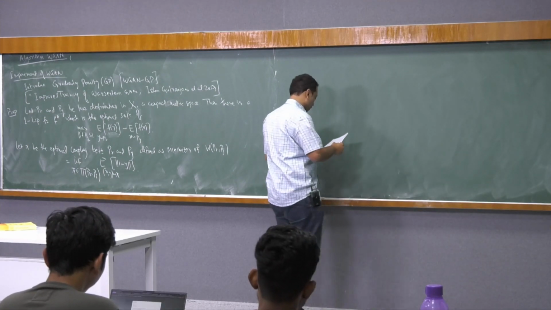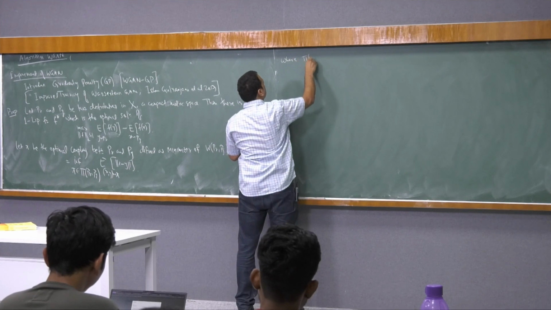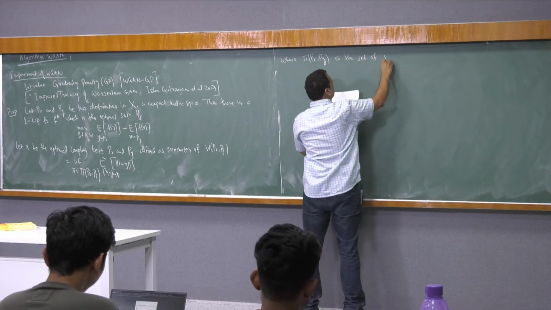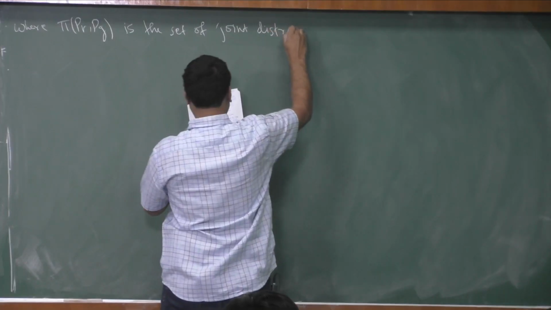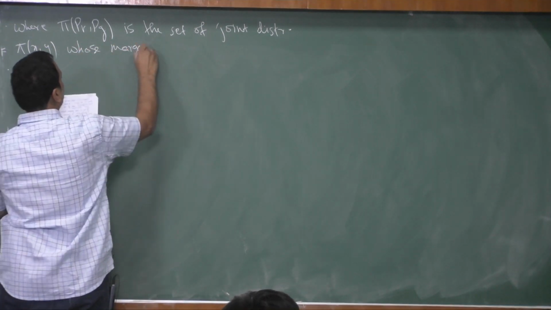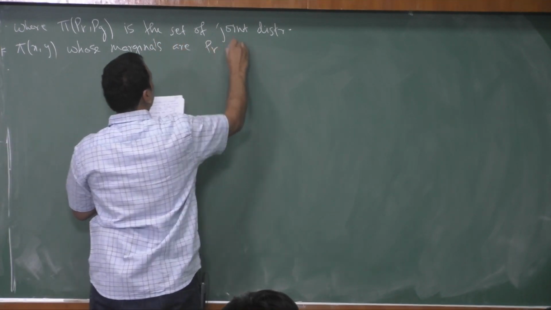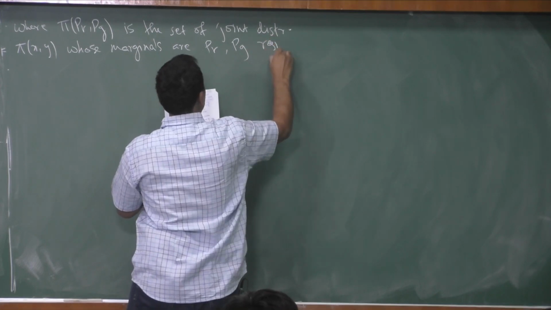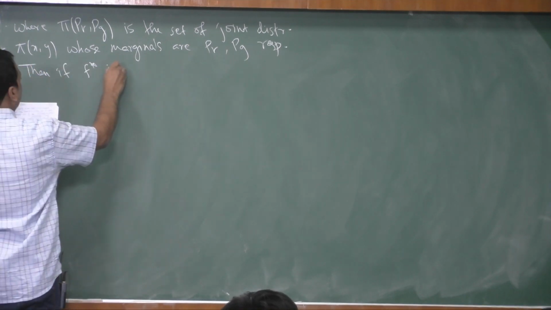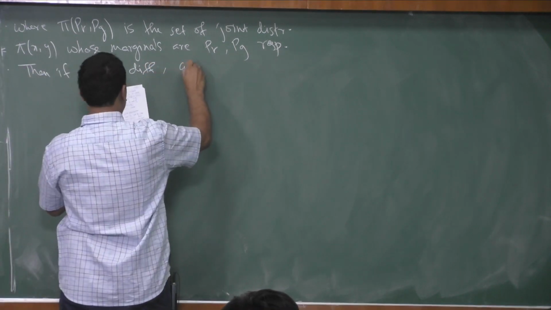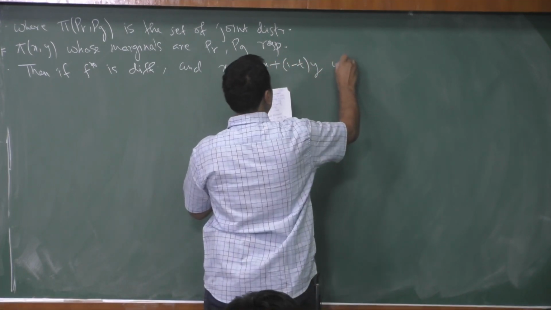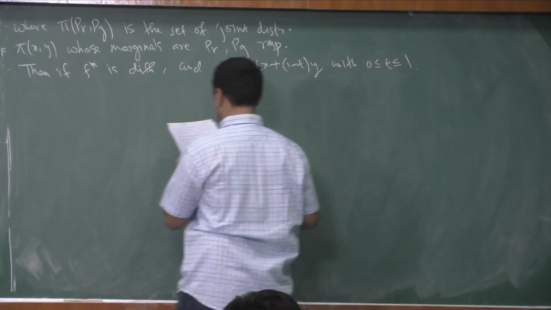So where Pi(P_r, P_g) is the set of joint distributions pi(x, y) whose marginals are P_r and P_g, then if f star is differentiable, and x_t is t x plus (1 minus t) y with 0 less than or equal to t less than or equal to 1, it holds that